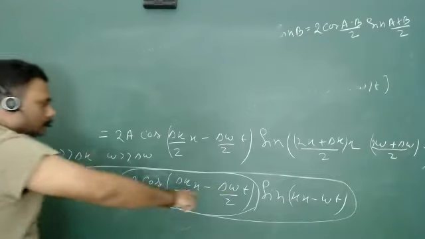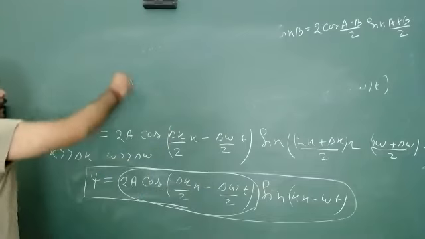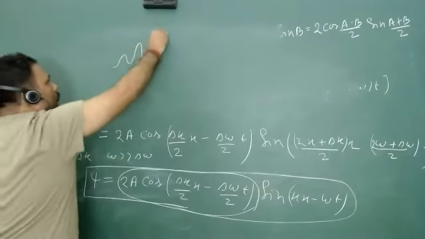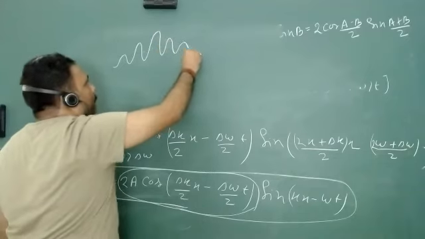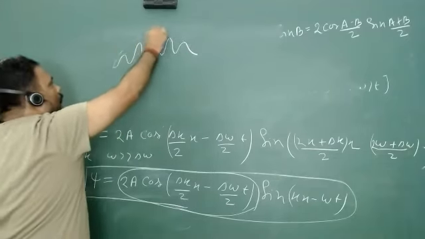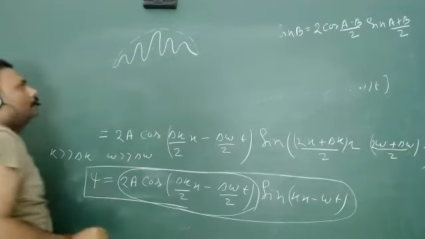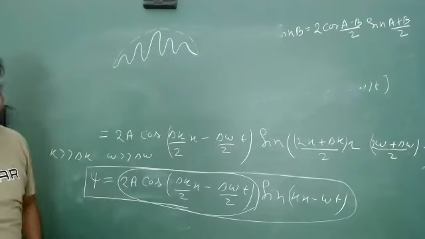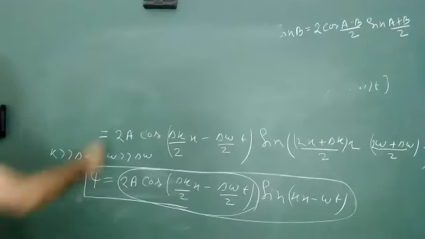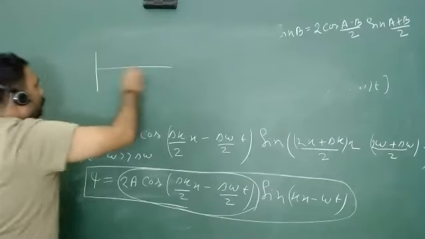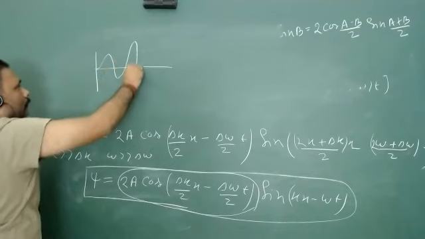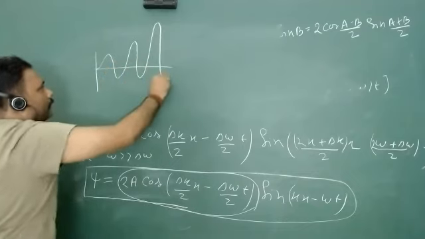So the amplitude is going to change. So how is this whole thing going to change? This whole thing is going to change something like this, isn't it? So this is all about the change, isn't it? If you take the reference, suppose this is the reference, then the amplitude is going to change, isn't it?